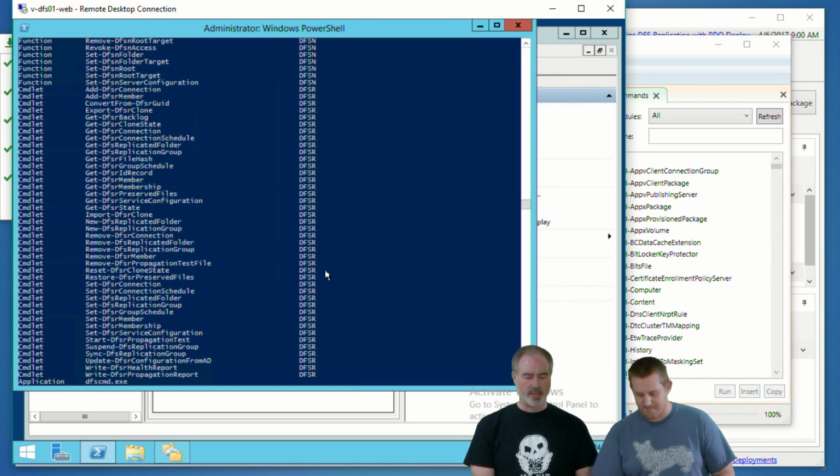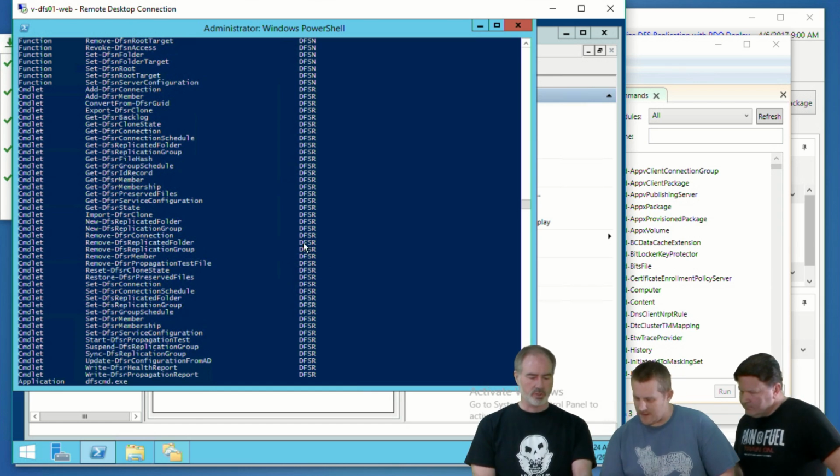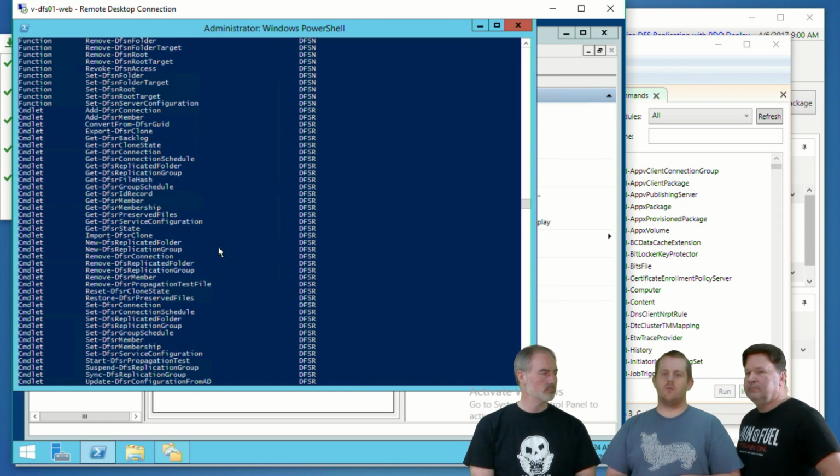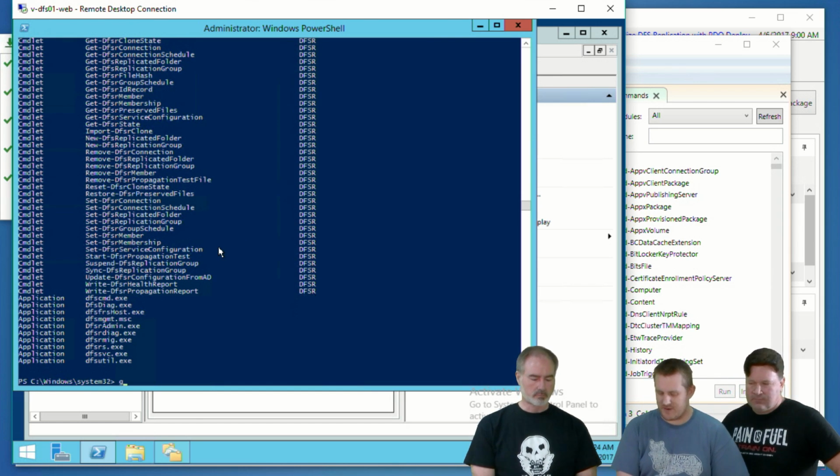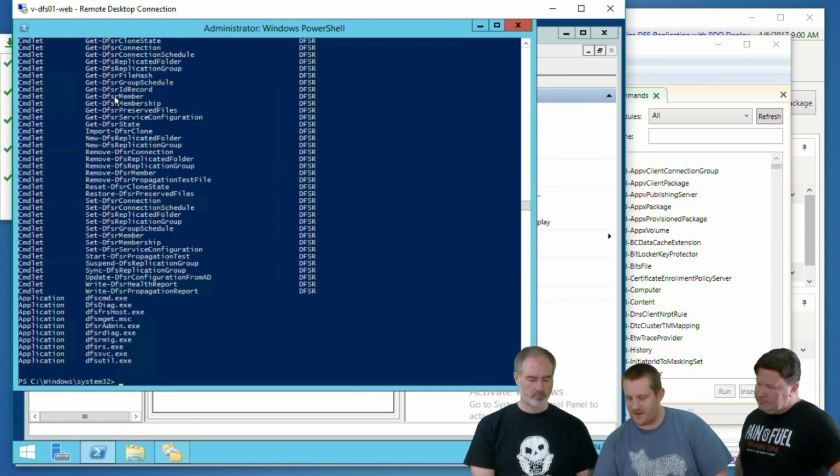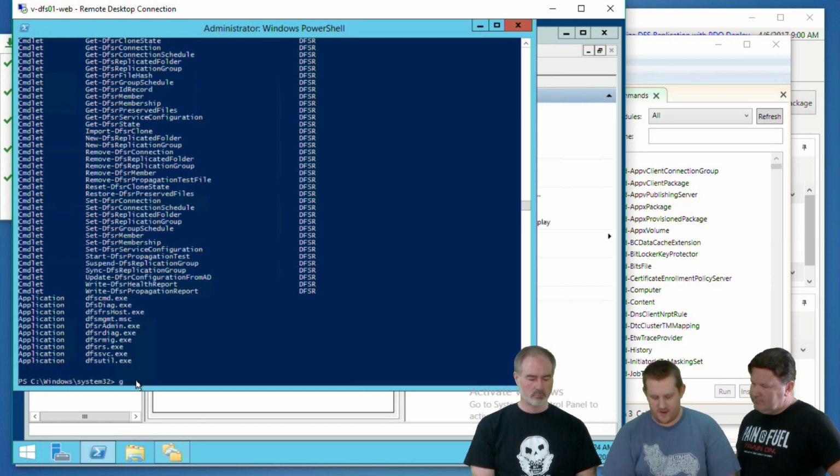Now, is there a way that they can get a summary of what the commands do? Oh, yeah, absolutely. You can use the Get-Help command for particular ones. Perfect. So let's say we have a command here for Get-DfsrMember. We can say Get-Help